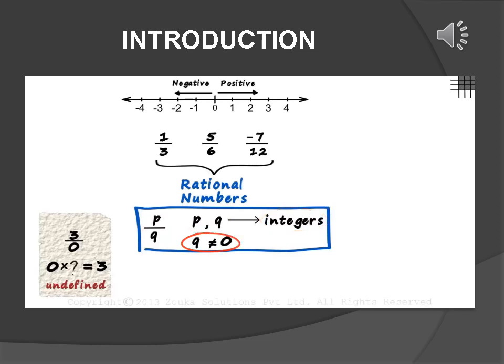Many questions come to your mind when you see the definition of rational numbers. What is the difference between rational numbers and fractions? Are integers classified as rational numbers? What about 0? How do we plot such numbers on the number line? How do we compare two rational numbers? Let's get the answers to all these questions.